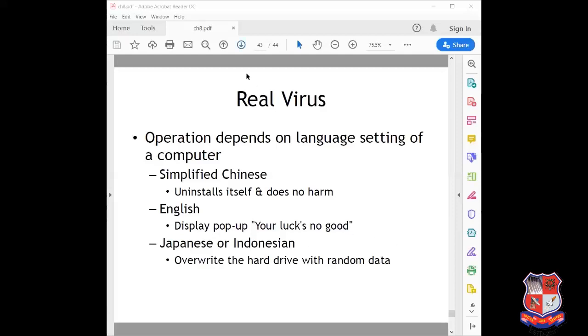So this is the functionality of a particular real virus.